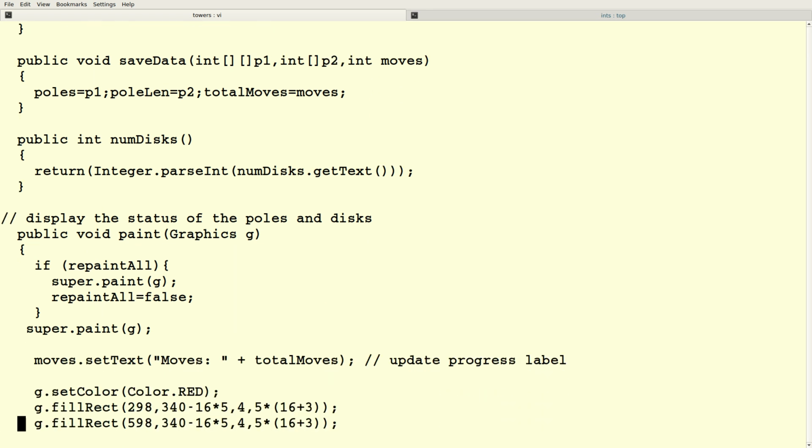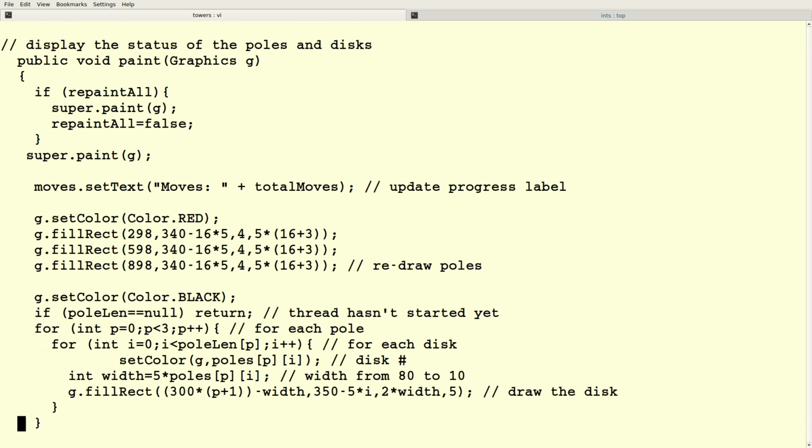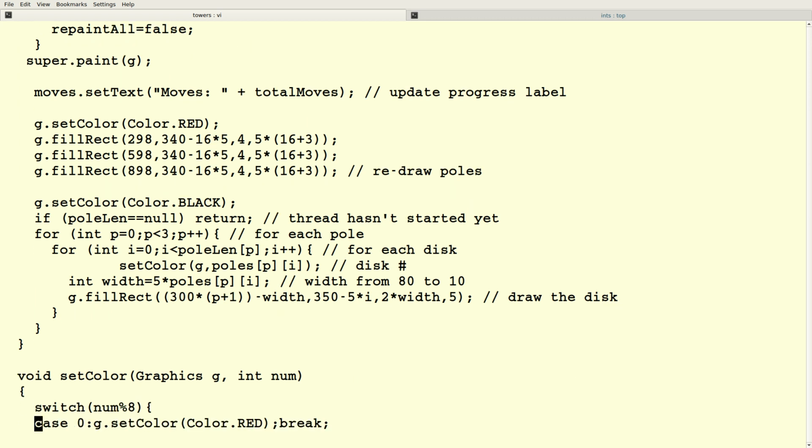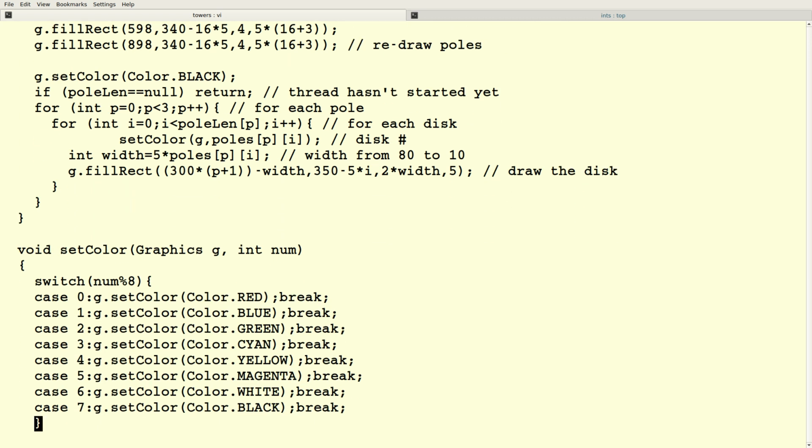And the painting is the stuff that gets all kinds of magic numbers, and don't worry about that. But basically, I have an array called poles, which stores the number of the disk on each of the 3 poles. So poles[something][0] is the number of the disk on pole 0, and so on and so forth. And pole n just tells me how big each of those arrays are. And so this is just magic numbers. We're not going to worry about those, but basically I'm going to draw little rectangles for each disk. And I'm going to set the color based on the modulo of the disk number, mod 8, just so the disks come out different colors.